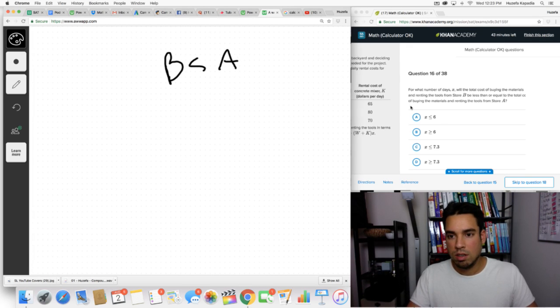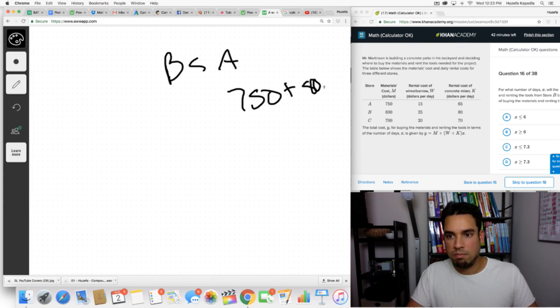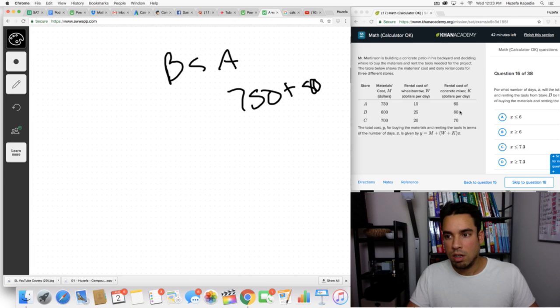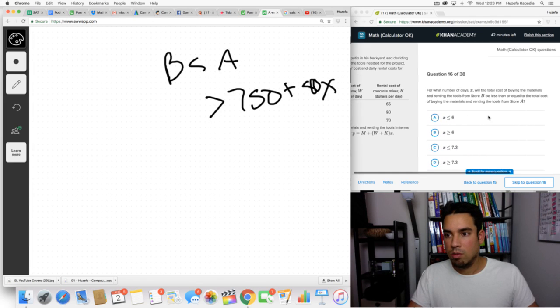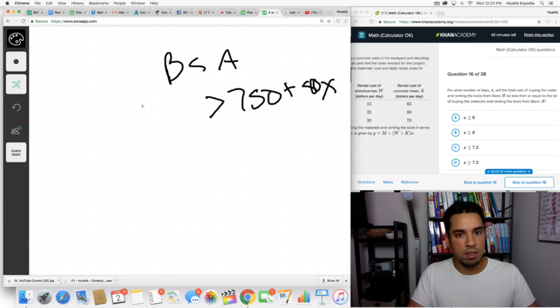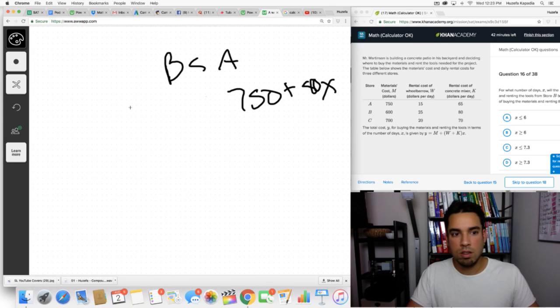How many days? So the fixed cost, I'm assuming, of A is higher. Yeah, A is higher. So first we've got 750 plus 80, let's just say rental cost of wheelbarrows per day. Let's just say 80x. And what is x? Oh, x is the number of days, and it's dollars per day. So 80x. We want to know where B is less than A. Yeah, no, I had it right. This will be less than 750 plus 80x, and then this will be 600 plus 25,